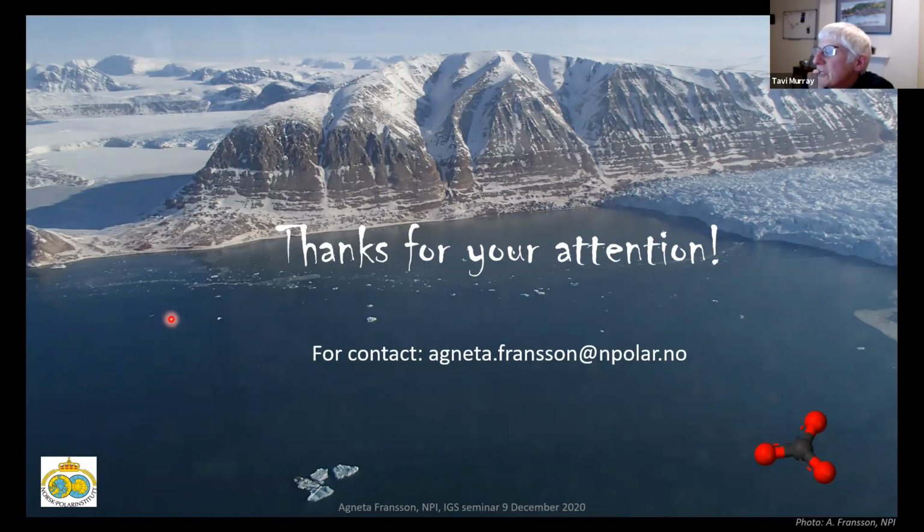Do you want to unmute yourself, or I can read it out. It says, can you see a change in the fjord's extent based on the underlying geology? Meaning, since the dolomites are magnesium rich and are a bit more resistant to chemical weathering, do you see different rates of the widening of the fjords? Do you think it can be predicted for the future?